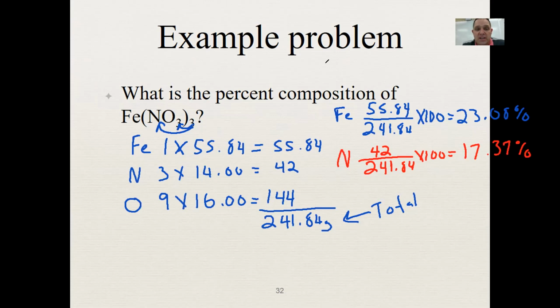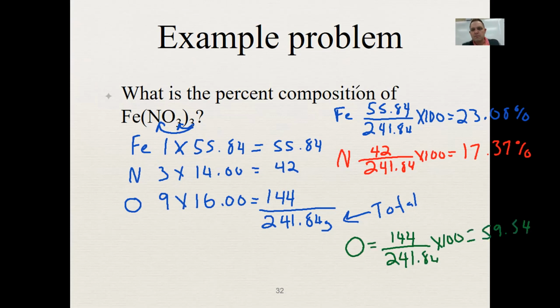Now, we can do the last one, oxygen, just like we did this, or we could add those two up and subtract from 100. I'm going to keep going just so you can see this. Let's do dark green here. I'm going to move down a little bit. We have oxygen. We know there's 144 grams of oxygen in here, in a total of 241.84 times 100, and let's see what we get. 144 divided by 241.84 times 100, and I get